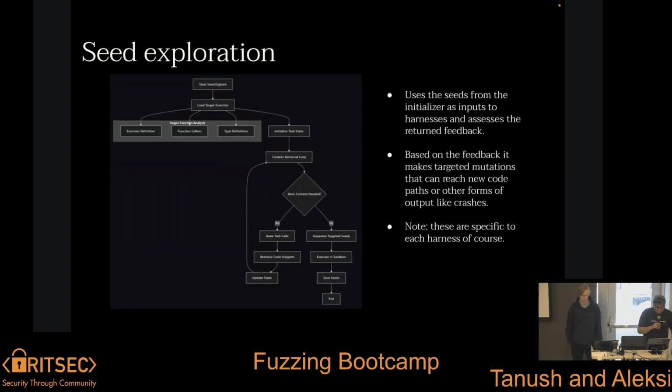The next thing you also have is the seed explorer, which will load a target function, go through the function, and try to understand it. If the function is possibly exploitable or it sees something interesting inside of that function, it can also generate test cases and inputs to try to exploit that. You're not really exploiting it, I guess that's a misnomer. You're more so trying to just get that initial bug and initial crash from the harness.